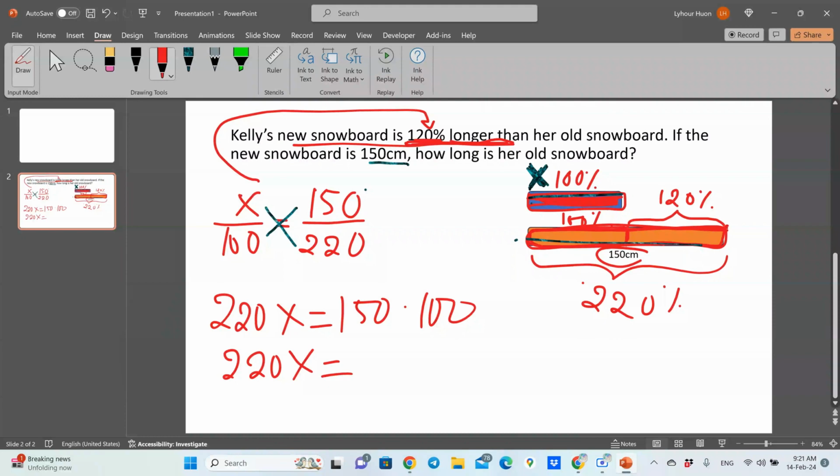Oh, 150 times 100 is 150,000, right? No, 1,500. Okay, 15,000. 15,000, yeah. Yes. Then how do we solve for x? This is 220x equal, we divide, right? Yes, we divide. So 15,000 divided by 220, which is